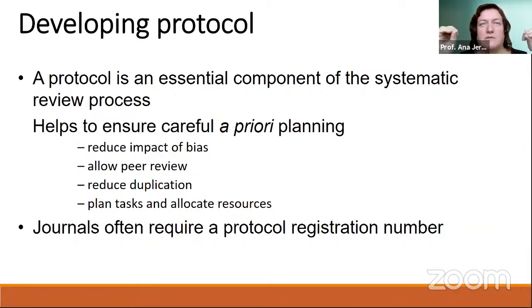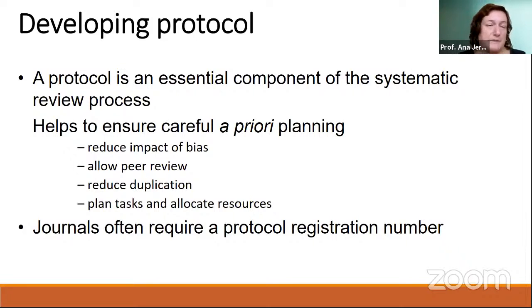That means that we need to predefine the outcomes that we are going to use. If we start with a high number of outcomes, we may choose the best one to present in the systematic review, and by doing that, we are actually biased. We can also have several different methods of synthesis, several different models of meta-analysis, and we can choose the best result. So to protect ourselves from that, we predefine both the meta-analysis method and also other aspects of our